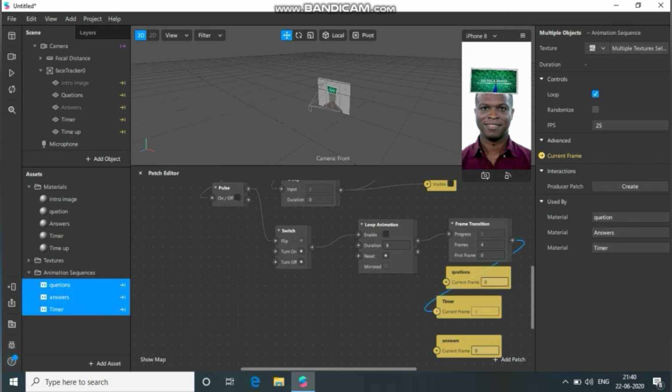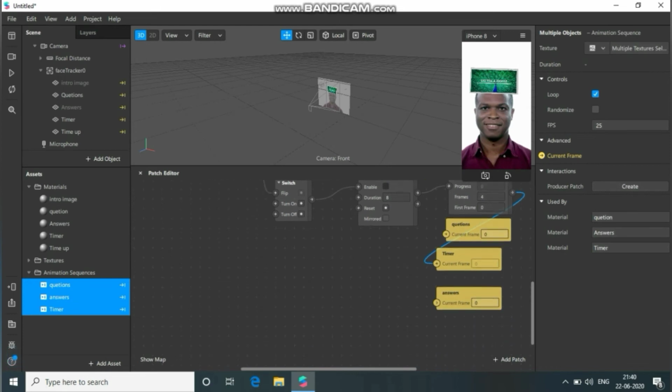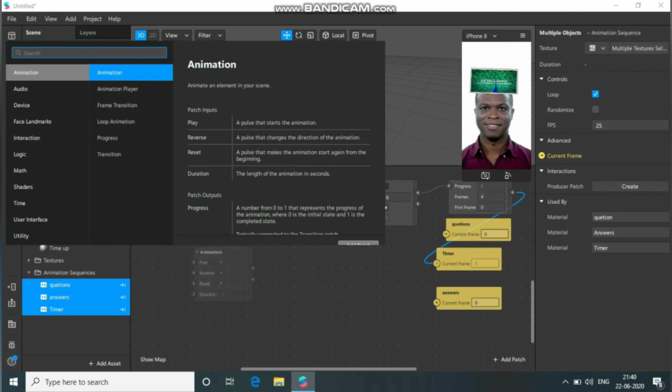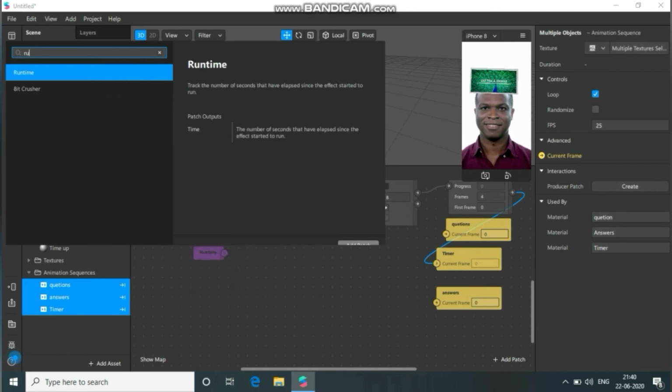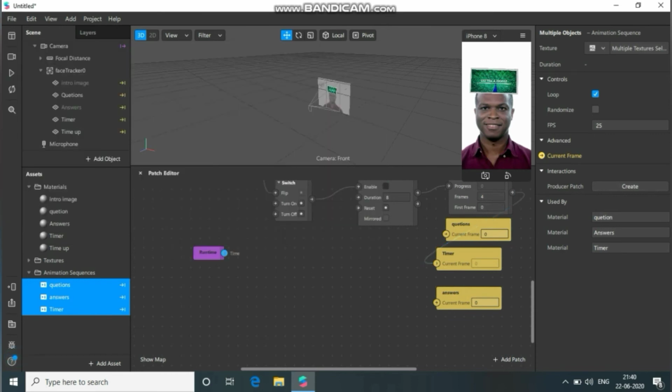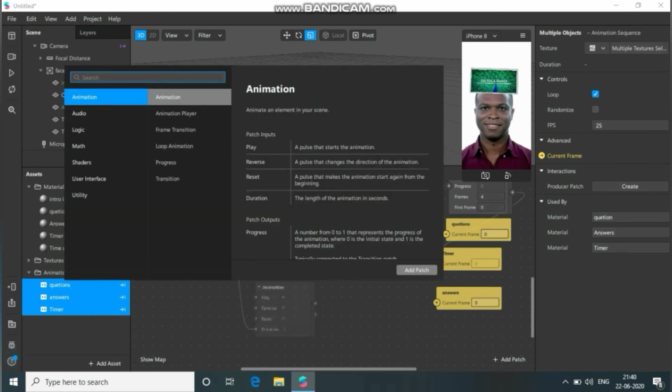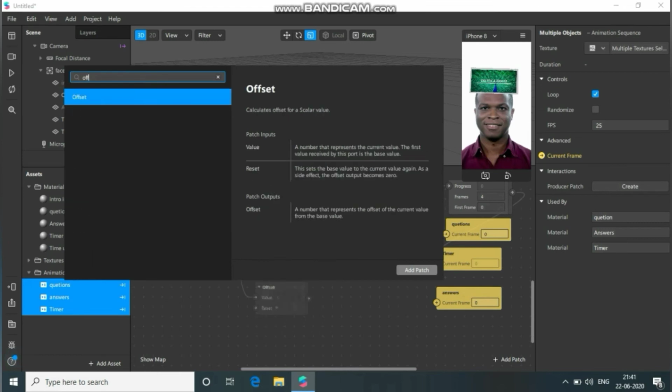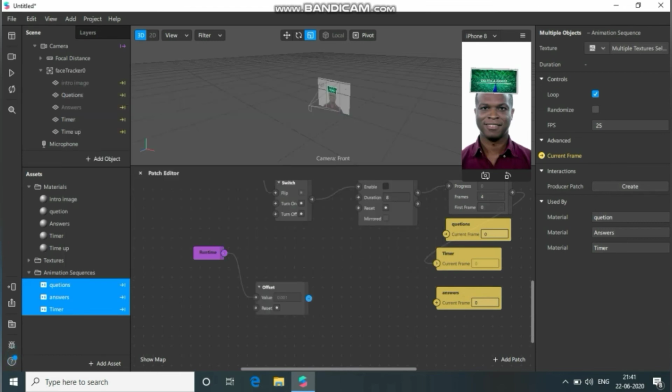And the final step will be, right click anywhere and select runtime. Here you guys get, from here, drag the node and select offset. From offset connect less than.